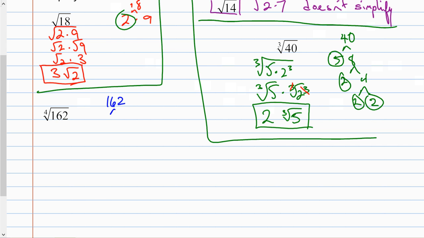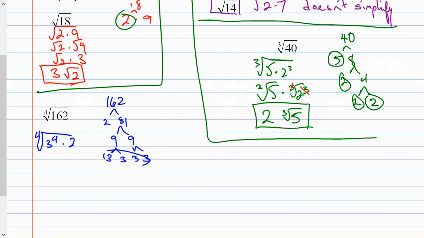And I'm going to break that. I know there's a 2 in there. And if I use my calculator, I find out that 2 goes into 62 81 times. And 81 is 9 times 9. And 9 times 9, I've got 3 times 3 and 3 times 3. So when I look at the fourth root of 162, it's really the fourth root of 3 to the fourth